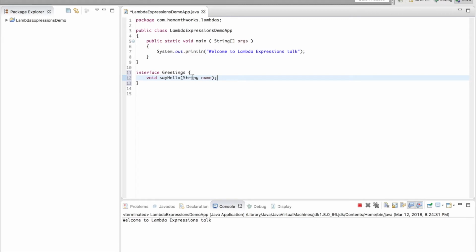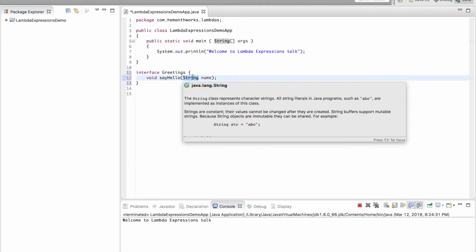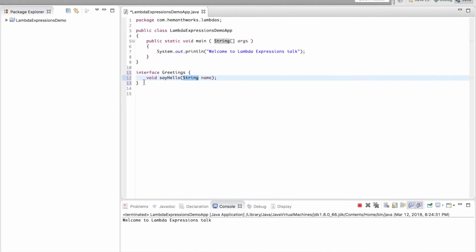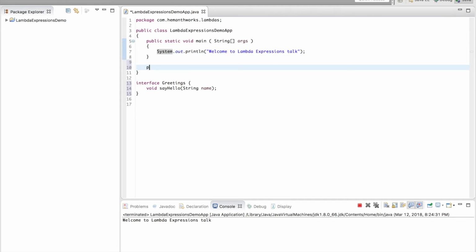This is similar to what we have seen before for lambda expressions. It takes a parameter and returns nothing but does something. So we write a method sayHelloToHemant,